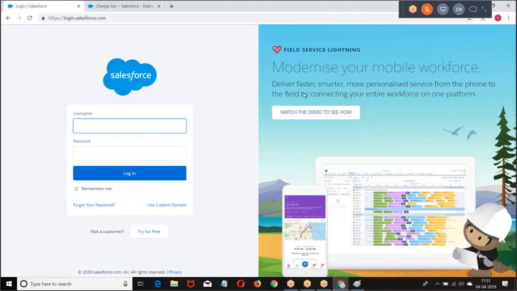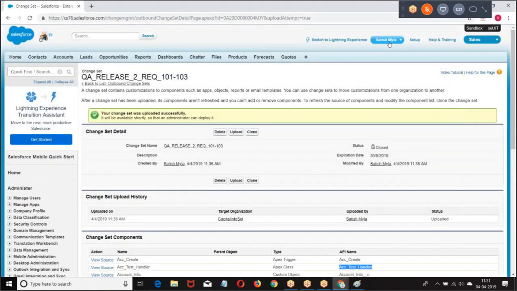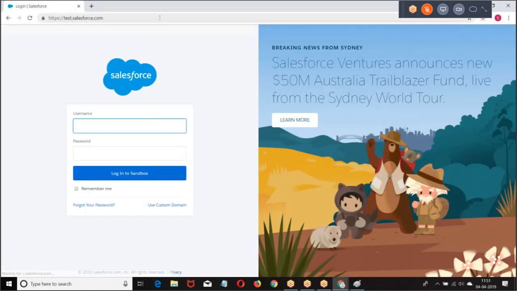What is the other way of deployment? The second format we'll try is using ANT. How to deploy the code using ANT. Generally, companies will use change set or ANT, any one they'll be using.